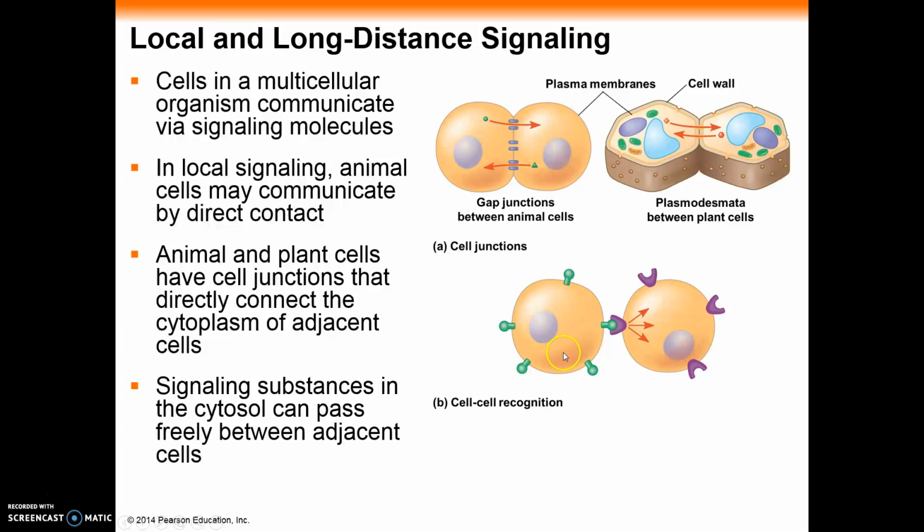So that is one level of localized signaling, through junctions. Sometimes it's just a matter of two cells actually being in contact with one another. So one has molecules on the outside or proteins on the outside, or it could be a combination of proteins and carbohydrates that are recognized by some protein receptor. And when one cell recognizes that, it sends an internal signal to do something.